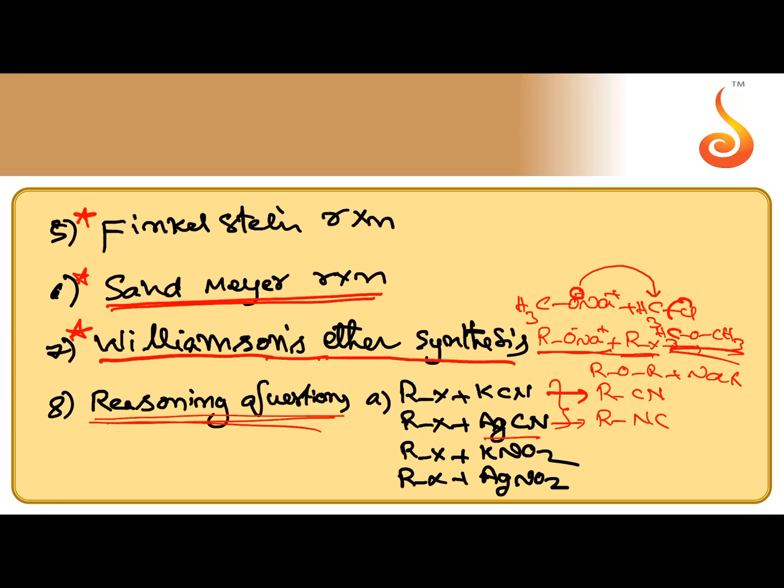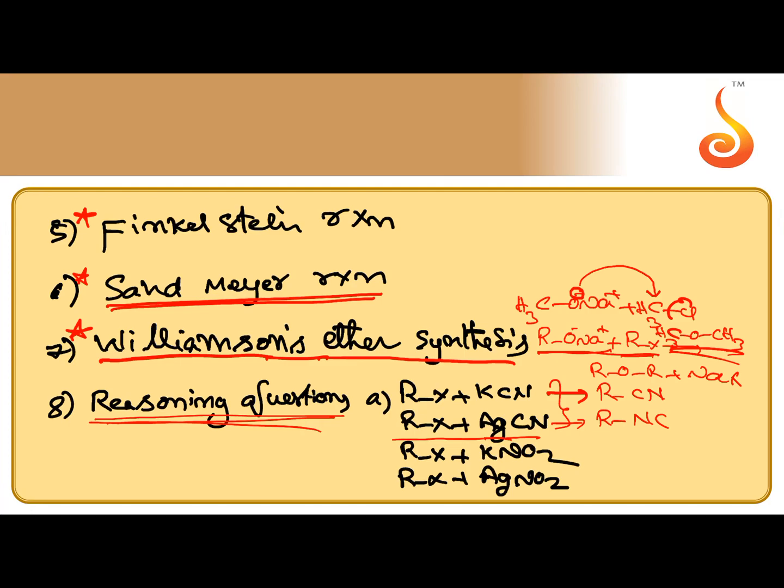The reason: the bond present between potassium and carbon is more ionic in nature. So as soon as RX is added, the K-C bond undergoes ionization producing CN minus. So RCN is produced. Whereas the Ag-C bond is more covalent, it won't undergo ionization when RX is added. That's why the lone pair of the nitrogen only attacks the alkyl electrophilic carbon of the alkyl group.